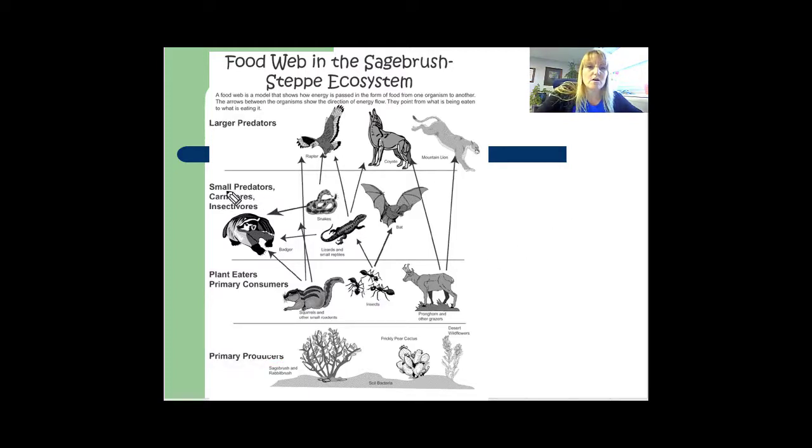Then we have our smaller predators, carnivores, insectivores, omnivores, such as the bats and snakes, badgers, lizards. Then you finally have the top level, larger predators, the raptors, the coyotes, the cougars, the things that will eat